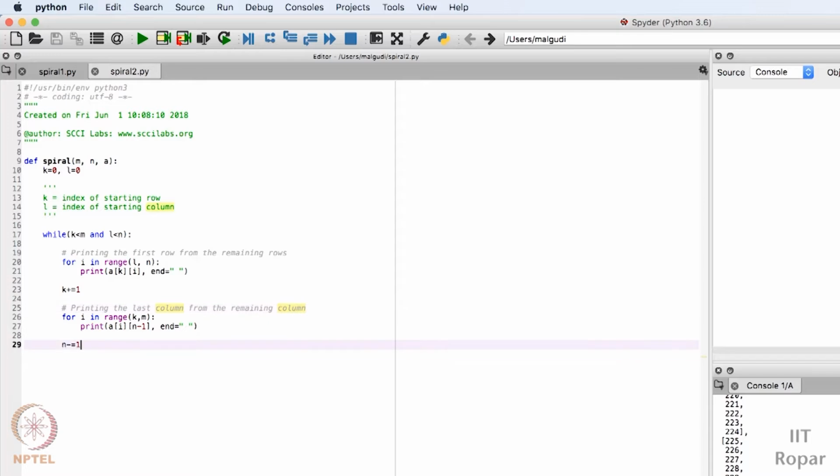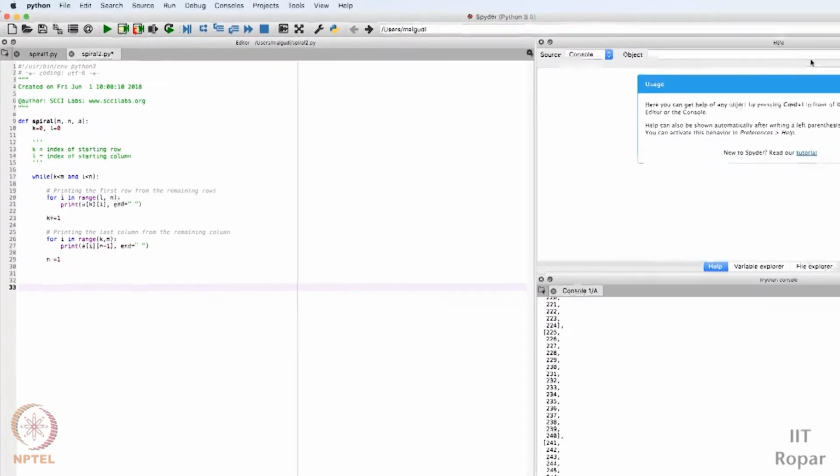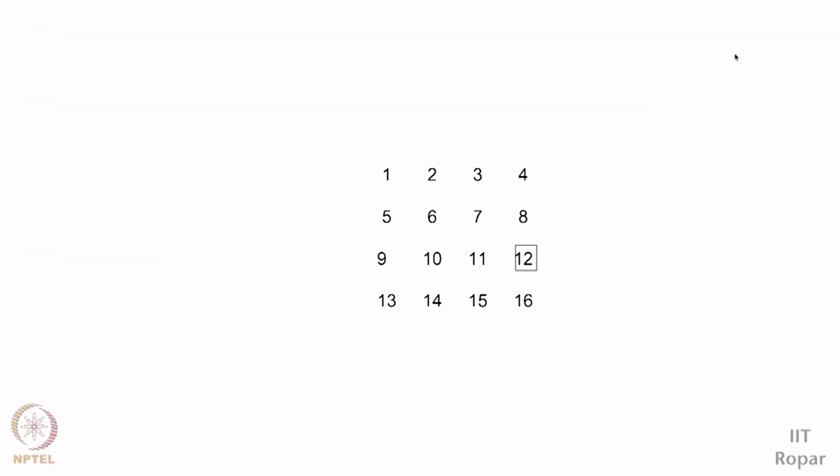Awesome. This is done. Now here is some tricky part. Let's see this. Now we are on the second last column and last row. Second last column, so we did this. Now we have to print this. See, the tricky part here is we have to print it in the reverse order. This is the reverse order: 16, after that 15, 14, 13, we have to go in the reverse order.